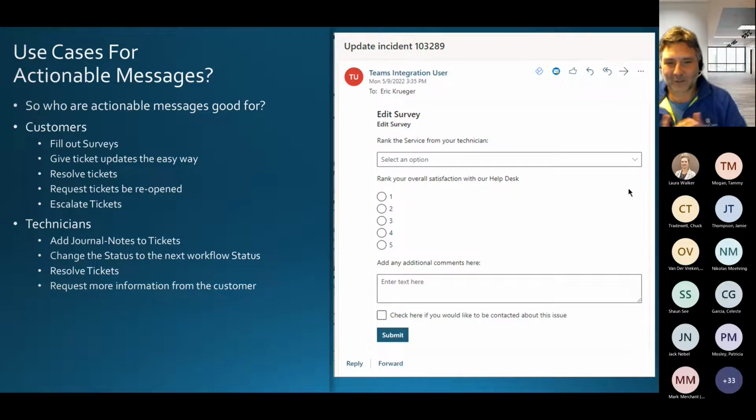Okay. So what are the good use cases for actionable messages in email? Keep in mind, we're still sending an email, so it's still going to email. So who is this good for? On the customer side, this is great for surveys. That was my initial idea, after hearing at some user groups how people were having problems getting people to respond to surveys. I thought maybe if they could just respond in their email, response rates would go up. So that's a great